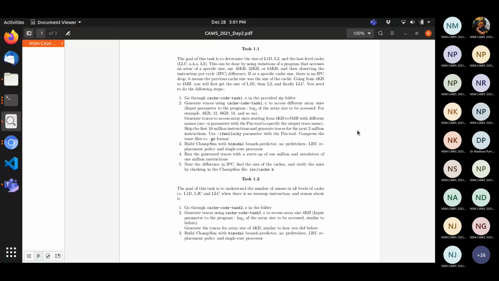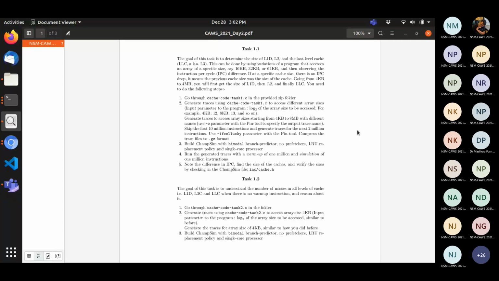That is all. But I couldn't find any argument for the initial part, like going from 4 KB to 1 KB. Is it not part of 1.1? Yes, it is part of 1.1, but this is when you are generating the traces for the program. At that time, you have to provide this command line argument, that is, the size of the array.